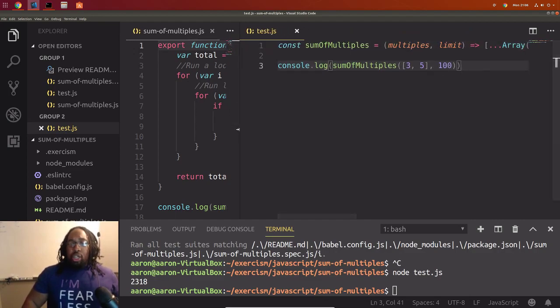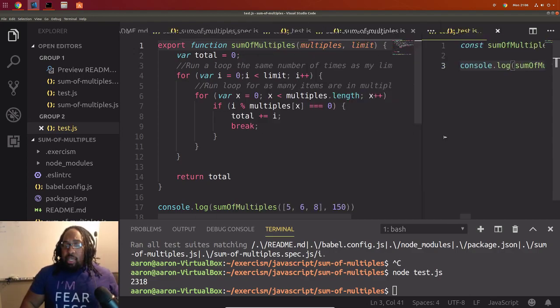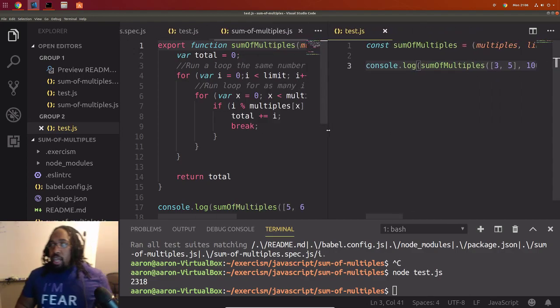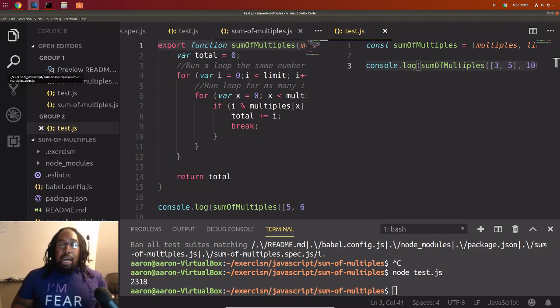Well, I was going to try to switch it up and export that and run a test against it, but that's too much work, and the stream has been going on a little while now. So we got done with two problems today. Hopefully you learned a little bit about how to solve math problems using a coding language. Again, you can use any language to do this.